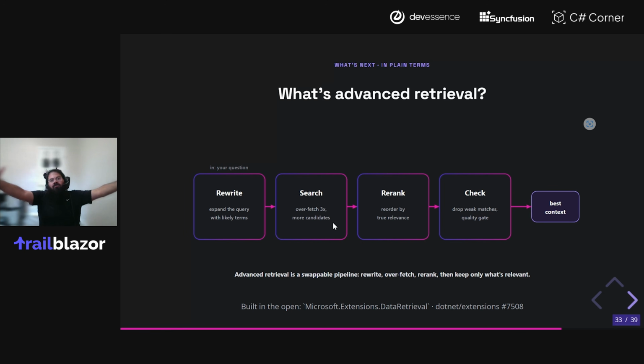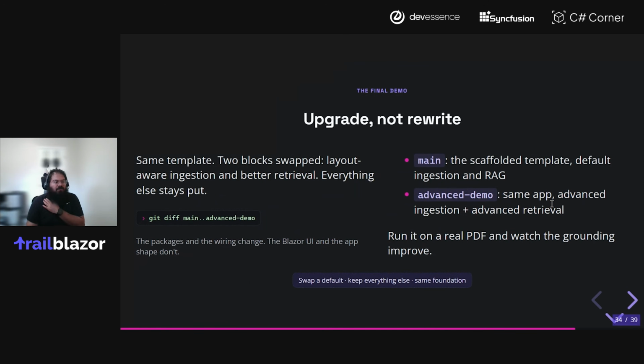And then based on the result, you go ahead and reorder them, re-rank them based on whatever strategies you want to use. You can even add another verification loop here that makes it easier for you to continue this loop until you find better answers. And then ultimately what you want to end up with is better context, so you provide more grounded, more relevant answers.